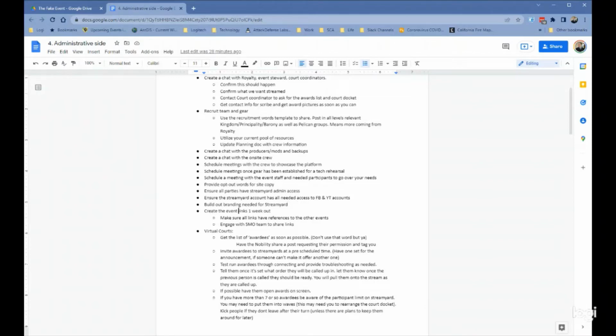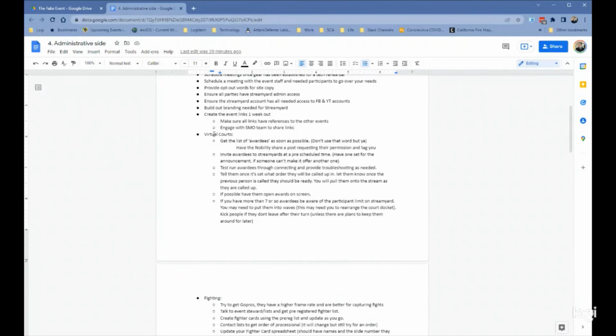So yeah, create the link 1 week out. Make sure the links have references to all their events. And this seems weird, but make sure that you have both the Facebook and the YouTube links on there. I've already talked about why watching YouTube on a big TV is easier than Facebook. But engage with the social media officer team to share all the links. You may not have all the needed access and you shouldn't be doing all the work. Contact your social media team and be like, start distributing. Start letting everyone know. We should not be getting day out questions on where are the available links.